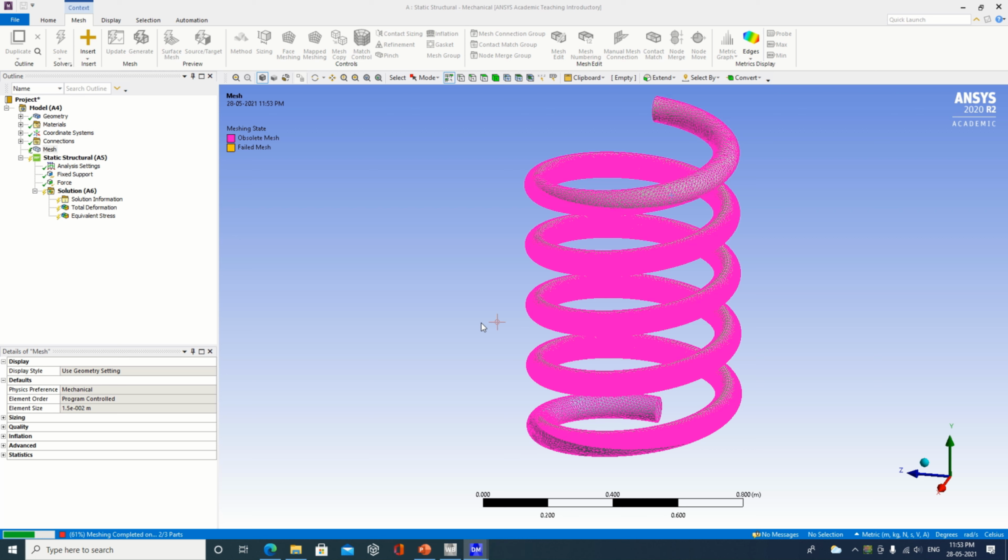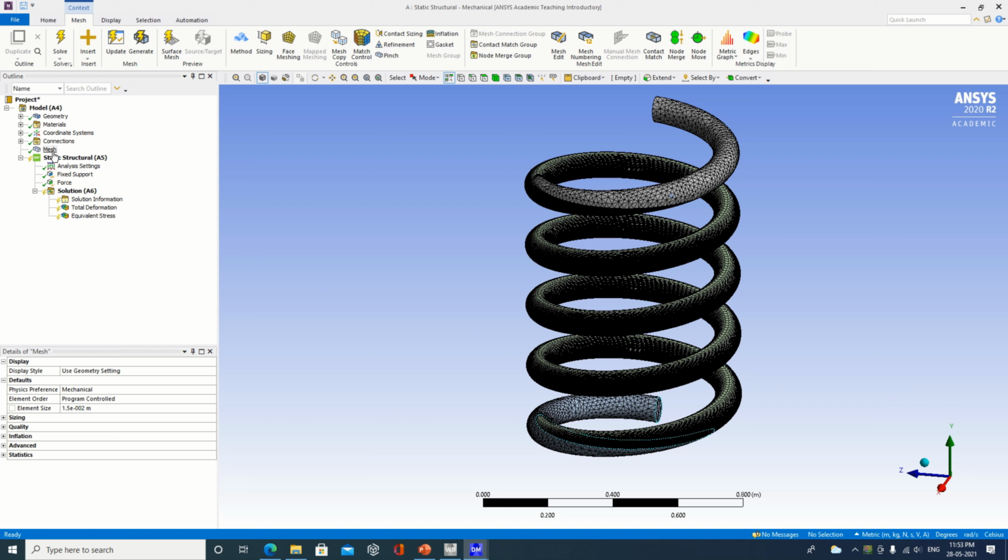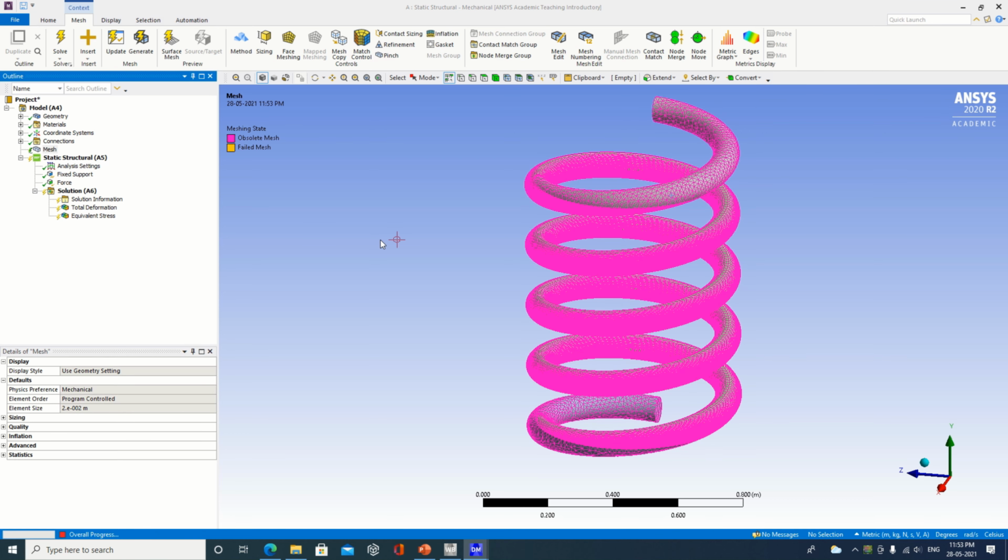So earlier we have taken 0.02, it was no issue at all. Then I have taken 0.015. We'll see whether it is able to solve or not. So one more time I will click on solve. If you still get the message, it means that this size also cannot be used. So we need to make certain changes. So 0.015 I have taken, it was not working, so I am going back to 0.02. Now let's generate the mesh again.